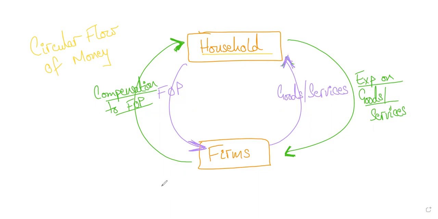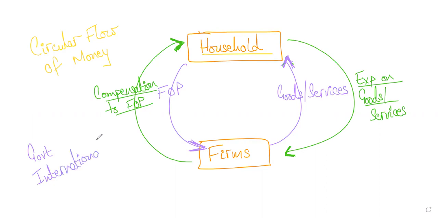Can we move on? Okay. But this is not all. There are two other sectors in an economy. Can you guess what they are? Right now, I've shown only two sectors, which are households and firms. But there are two other prominent sectors. How can we forget that in any country there would be a government operating? Because government also produces some goods and services, right? Yes or no? And then there is another important sector in any economy, that is international trade.